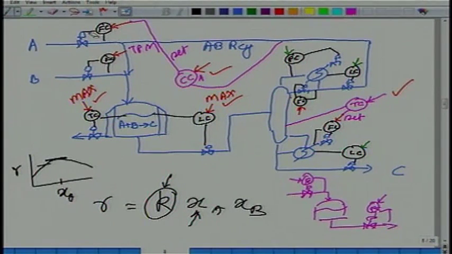You may say, okay, I realize it and I am going to set A and B equal, but in practice it will never be equal, because you don't have a sensor which is guaranteeing you perfect measurement. So that control system is guaranteed to fail. How will it fail? You will essentially fill up the recycle loop with either A or B. That's what you don't want to do. So you measure the A composition inside the recycle loop, someplace, maybe in the reactor, maybe in the column, maybe in the recycle stream, wherever, but someplace, and then you hold it constant. If it's building up, adjust how much A or B you're putting in.